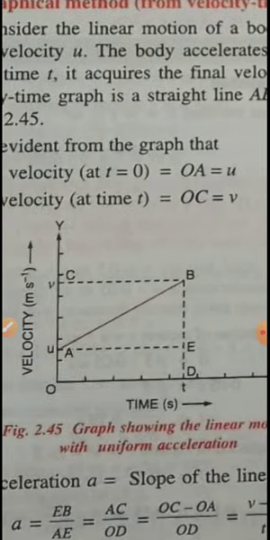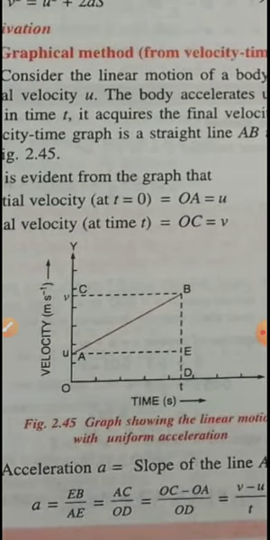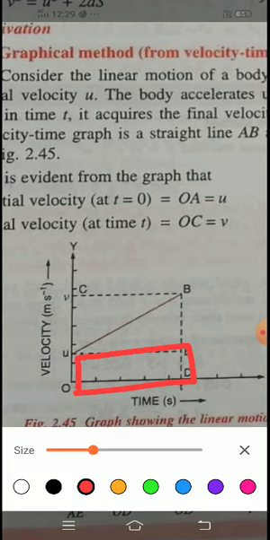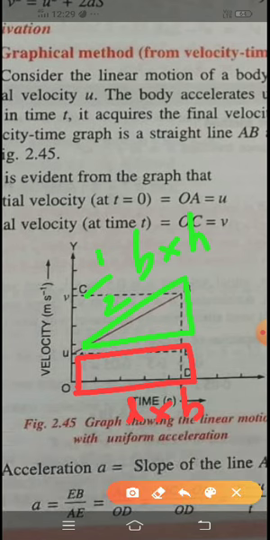Okay, look here. This is your rectangle portion. Next one is your triangle. So for this I have to use the length into breadth formula, and for this I have to use half into base into height. So that is what I'm going to use here. Can you follow? So the displacement, that is the total distance traveled, you find using the area formula. Area means area of a rectangle plus area of your triangle.